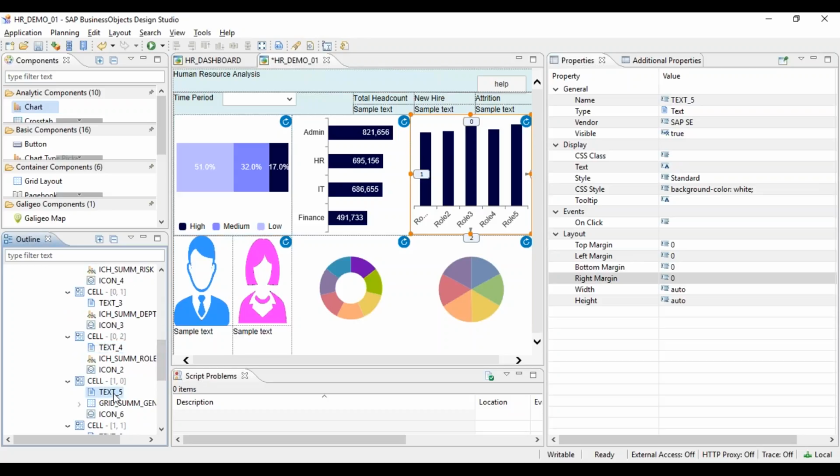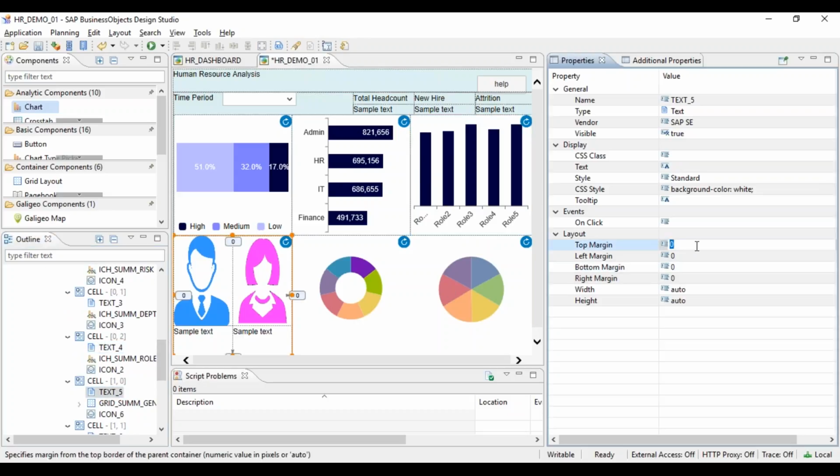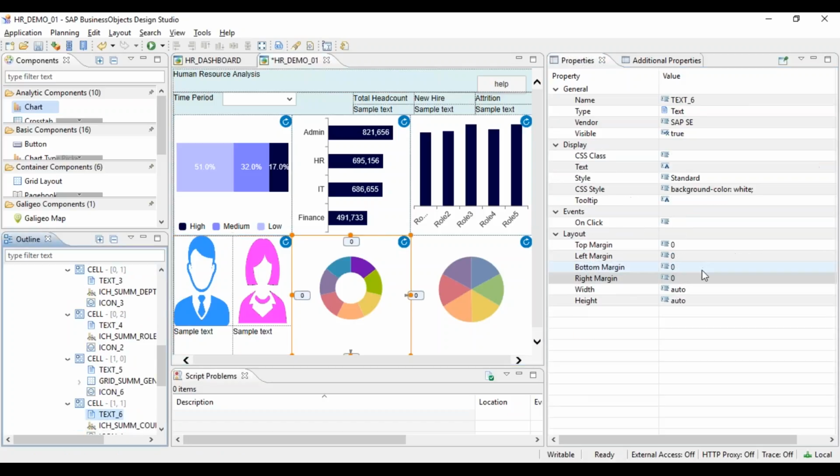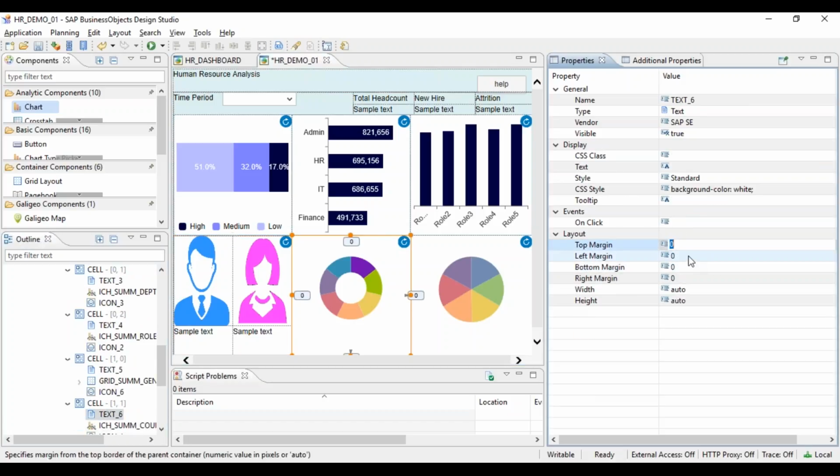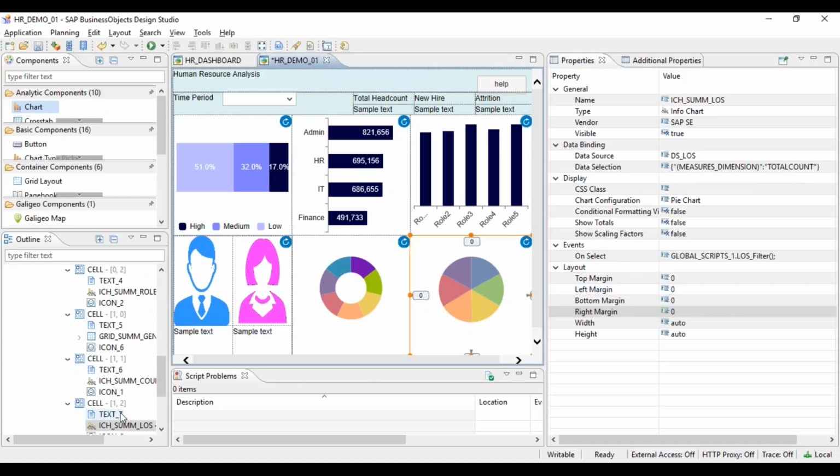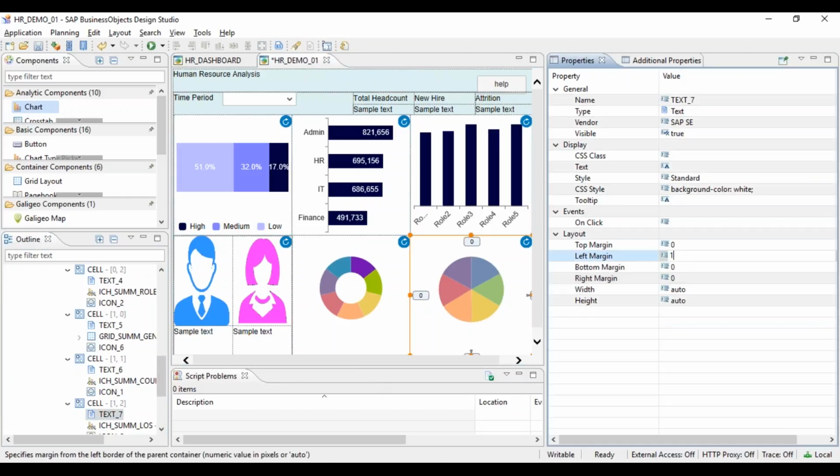And then same thing, we'll do it. Top 0, left again 2, bottom 2, right 1. Top 0, left 1, bottom 2, right 1, left 1, bottom 2, right 2.